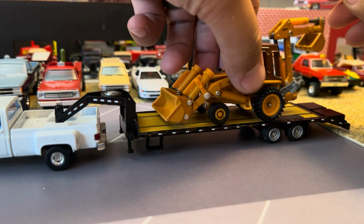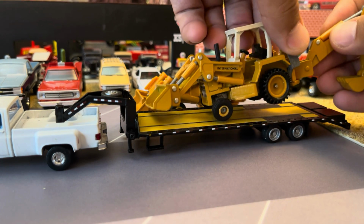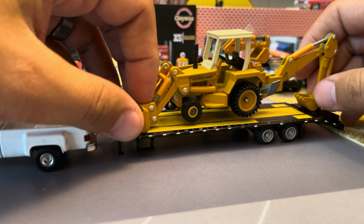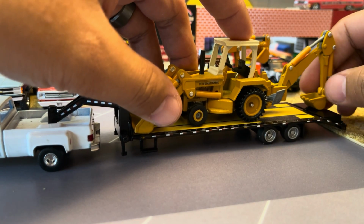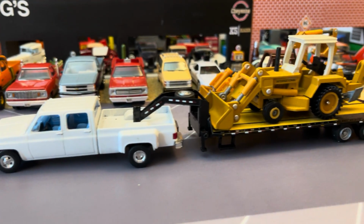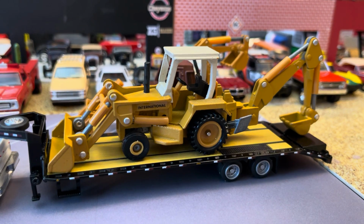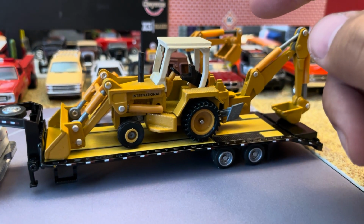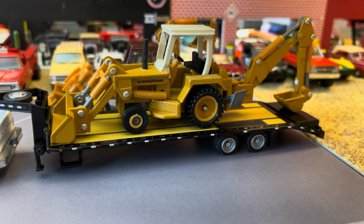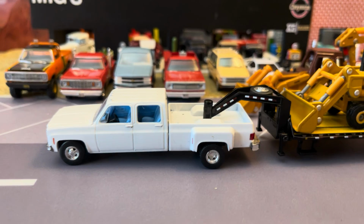Probably have to make it look more like this. I didn't research these trucks so much yet. Put a bucket down. There we go. That looks a little bit more legit. So International, and they also made a 1/16 scale of one of these. Ertl did, and also this one. So I would like to find one of those eventually to go with my 1/16 scale low boy